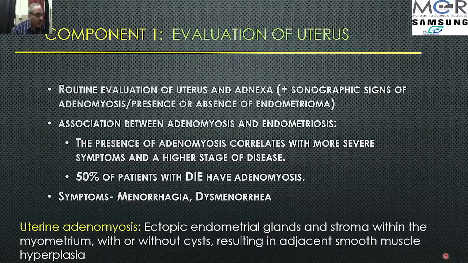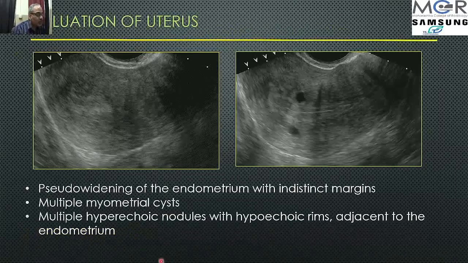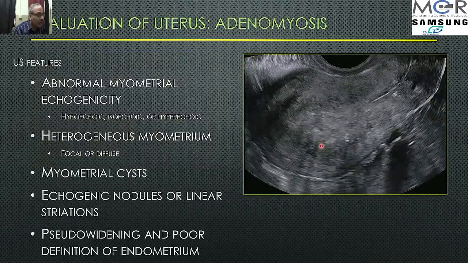There can be cysts or there may not be cysts, and therefore there is adjacent smooth muscle hyperplasia. What we see here is a pseudo widening of the endometrium with indistinct margins. In the second image we can see multiple myometrial cysts, and some hyperechoic nodules and striations into the area around the endometrium. Some more features in adenomyosis are abnormal myometrial echogenicity, like it could be hypo, iso or